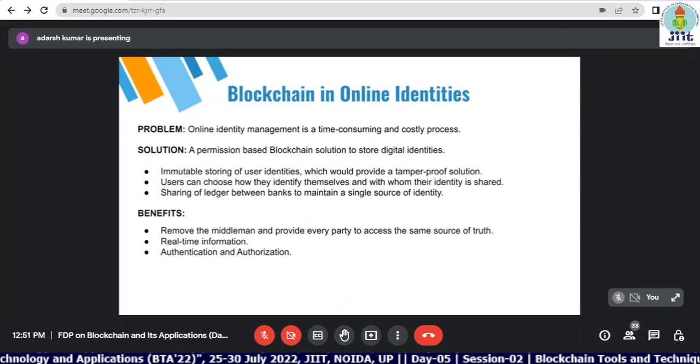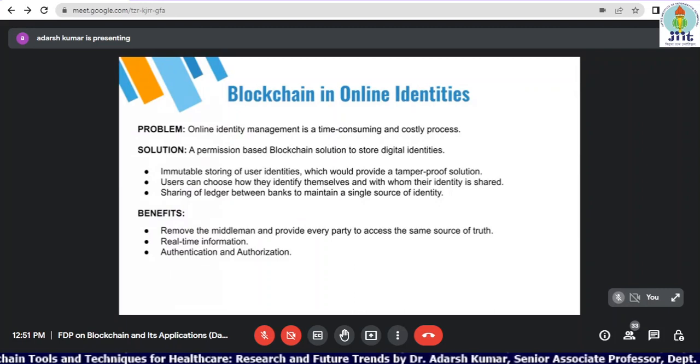And there is the sharing of a ledger between banks to maintain a single identity, so banks have to integrate. Presently we have our money in the banks only. So we need to integrate banks with the public network if we want to do some exchanges. Either we can transfer our money to crypto wallets from the bank channel, and from the crypto wallets we can pay the hospitals, or we need to integrate the banks as well.